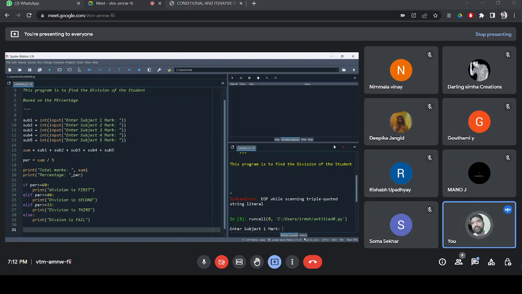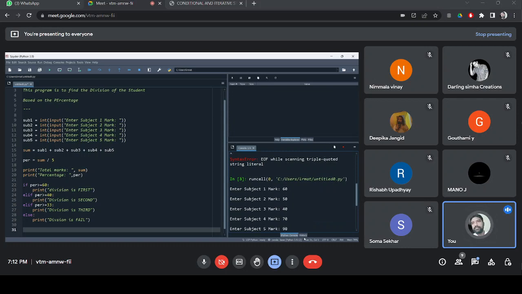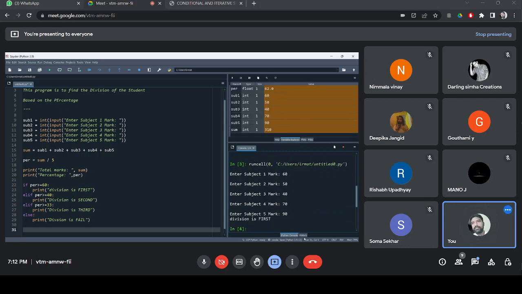Now it asks enter subject 1 mark. I am entering 60, second 50, third 40, 70, 90. It says division is first. Why is it not printing the marks? Division is first.